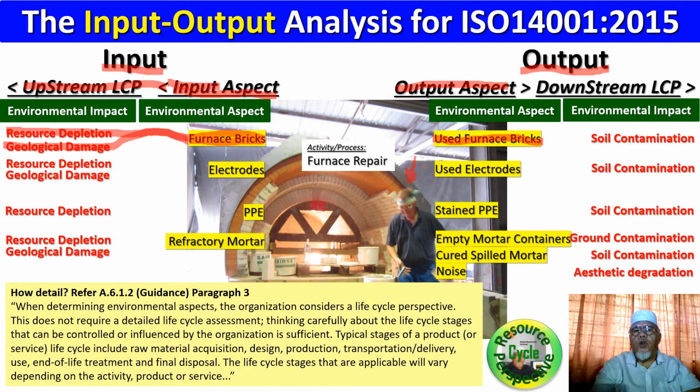To answer that, we got to look at the fact that since it is an output environmental aspect, we have to look through its life cycle perspective downstream. In other words, what happened to this used furnace brick after it has been dislodged or dismantled from this furnace? What happened? For this company, this is in Malaysia, this furnace brick is classified as scheduled waste, and therefore its disposal is a closed loop management,